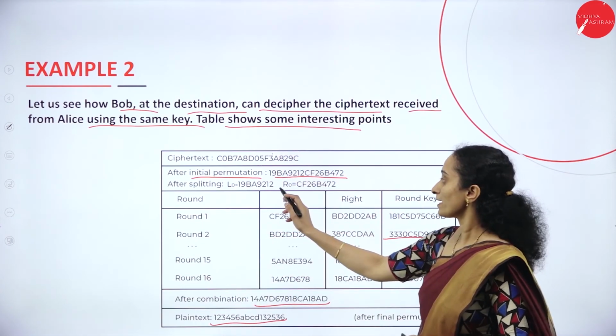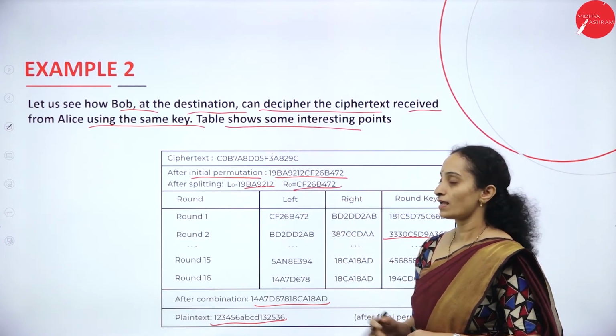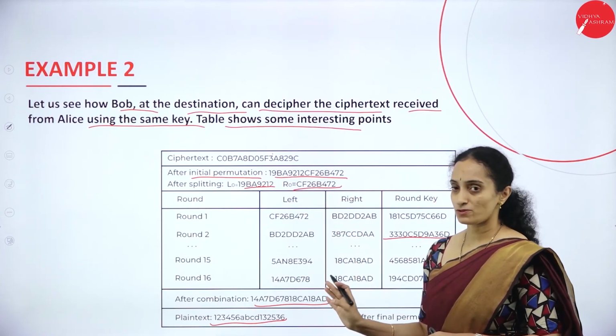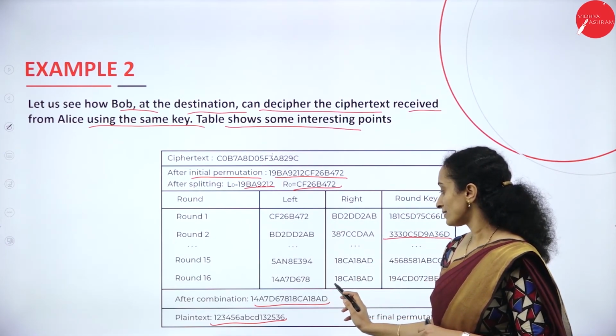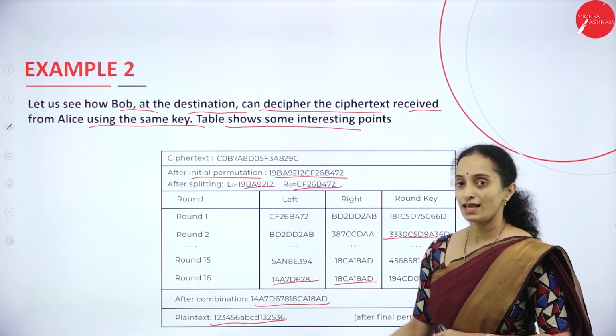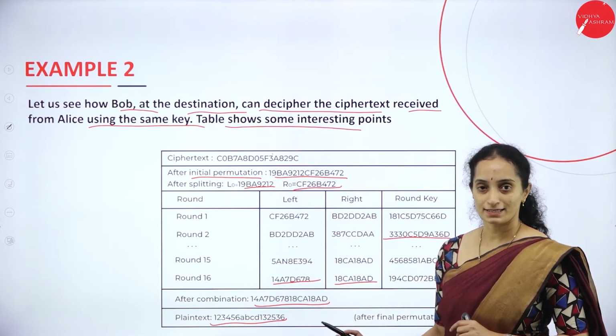All right. Again it is split into two parts. The same procedure but in the reverse order will be carried out. In the last round again, we are not using any swapper here.